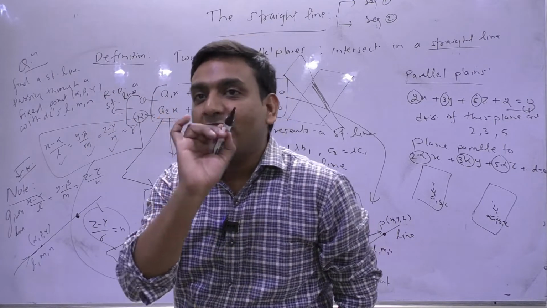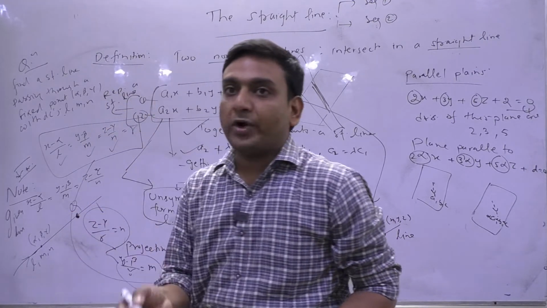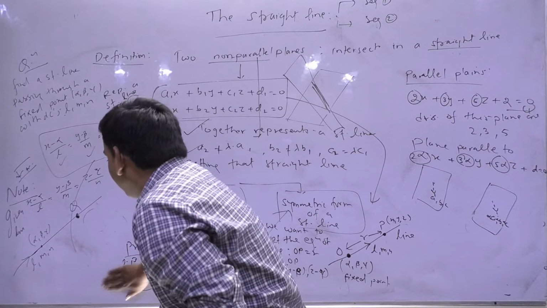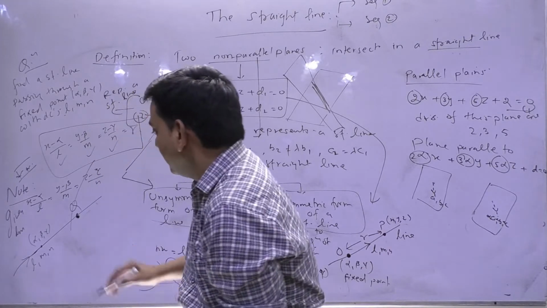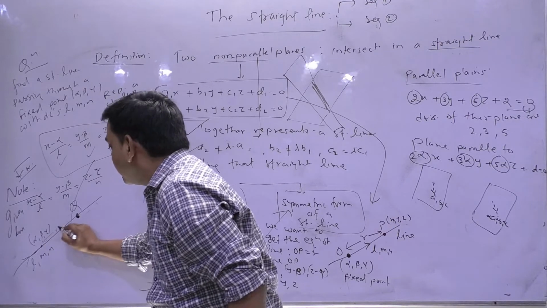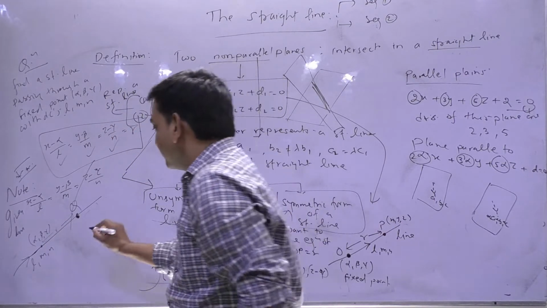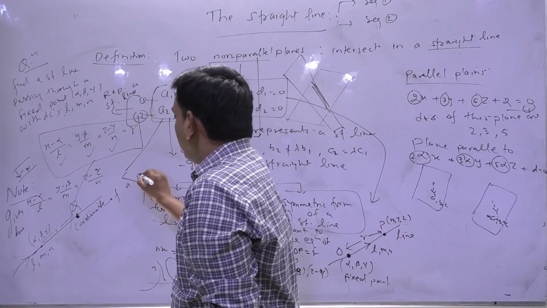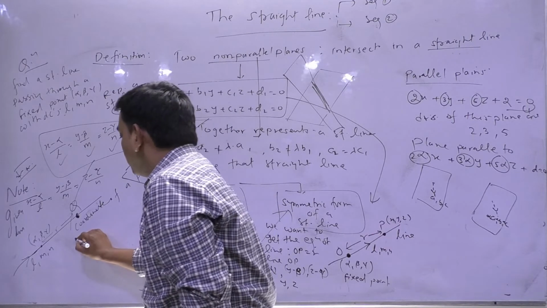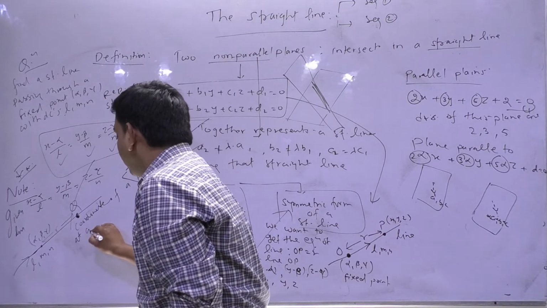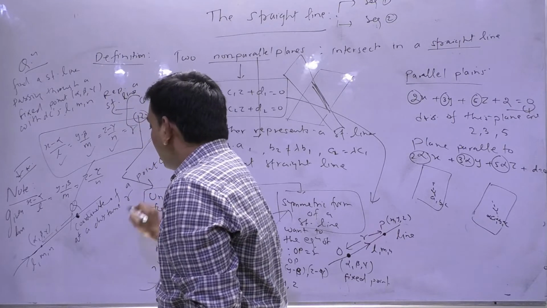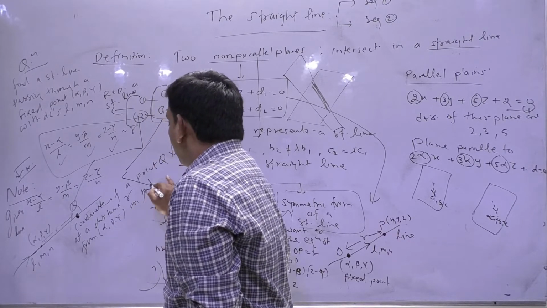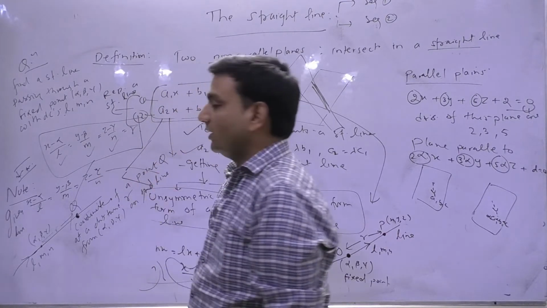What बच्चे? What are the coordinates of a point Q on this line? So what will be those coordinates? Q है क्या? If this is the distance r, what I want to know? Coordinate of a point Q at a distance r from alpha, beta, gamma on the given line.